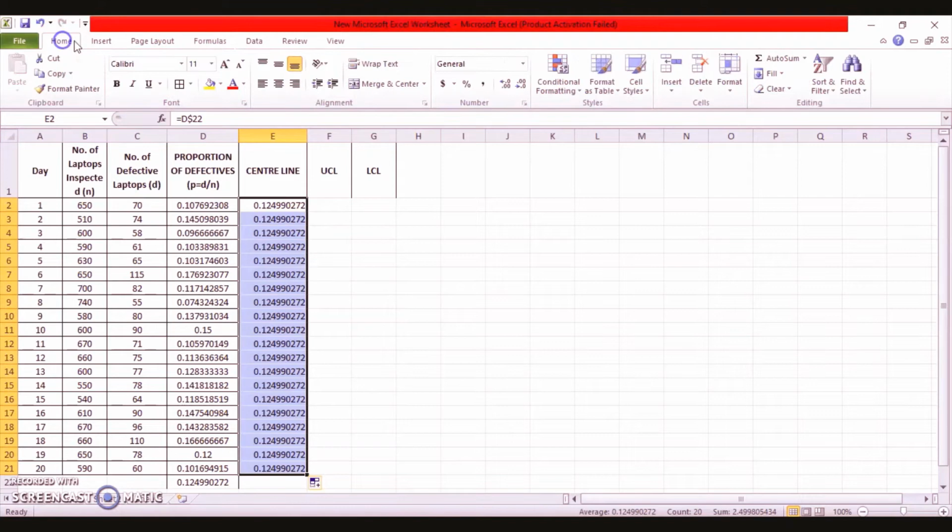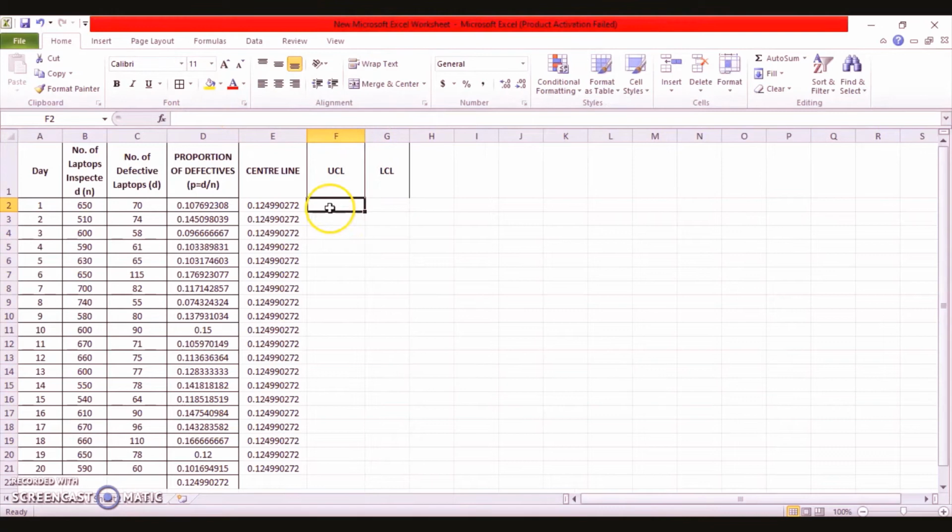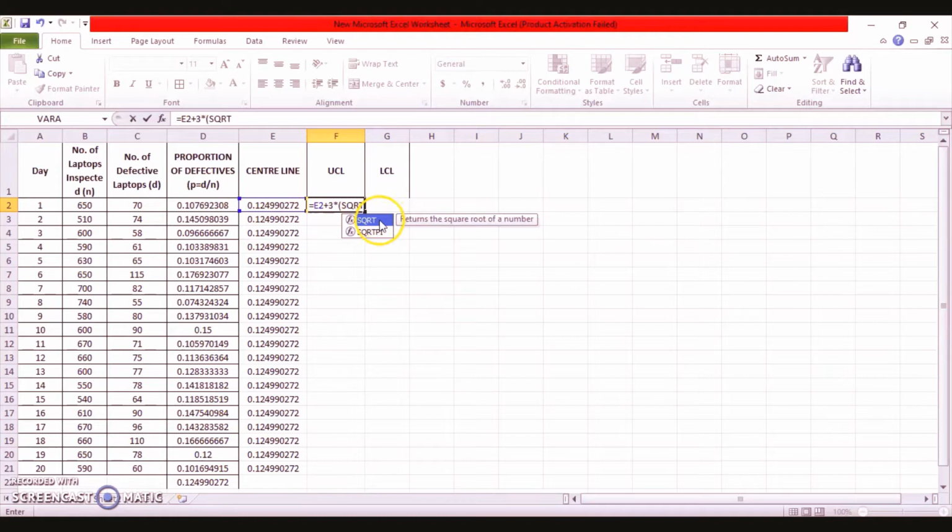Okay. Now we have to find out the value of the upper control limit. You remember the formula of the upper control limit for this control chart? That is equal to your P bar, that is your central line, plus 3 times the square root of P bar into 1 minus P bar divided by the first of your sample values, n1, if you would like to call it that.